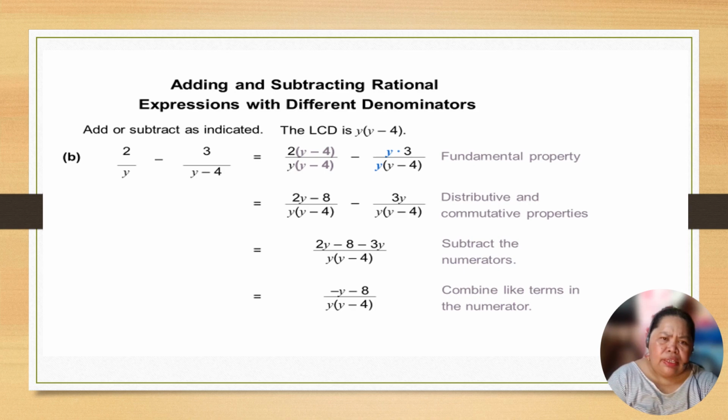The LCD is y times y minus 4, and then we distribute, using the commutative property. Then 2 distribute. Right, and then subtract the numerators, like 2y minus 8 minus 3y, so by subtracting we get negative y, because 2y minus 3y is negative y minus